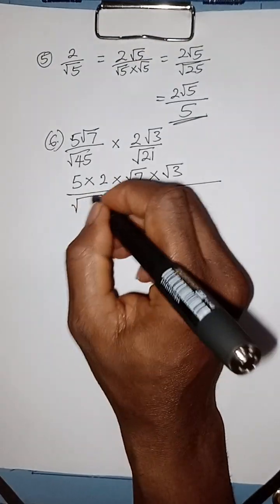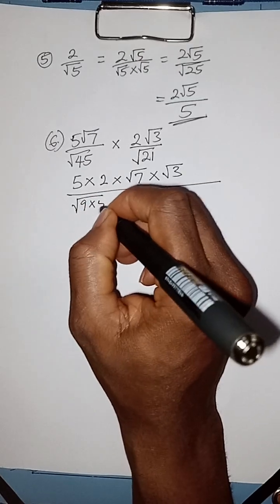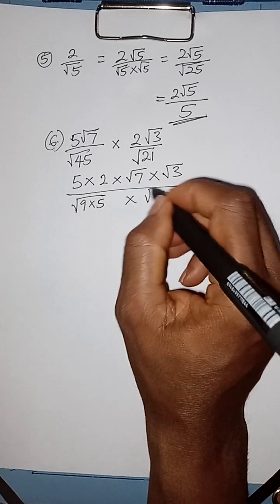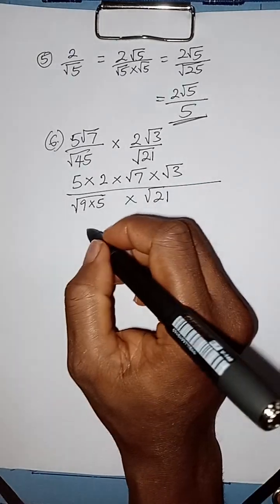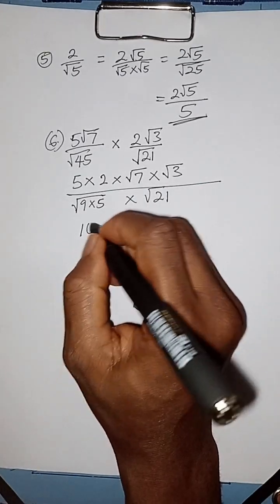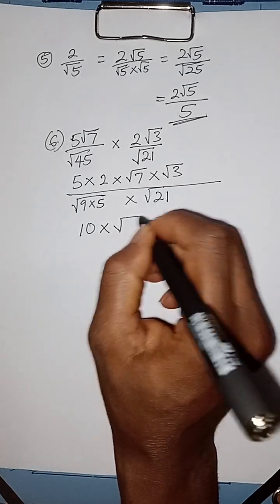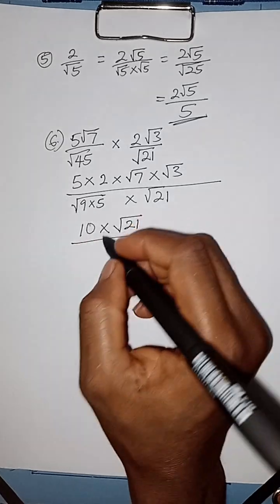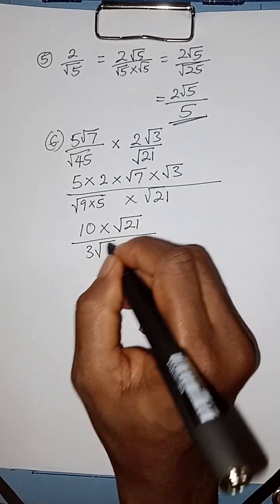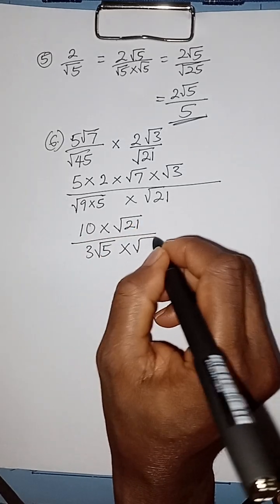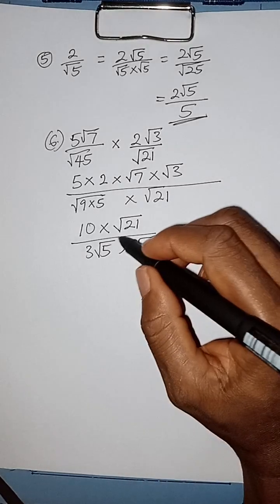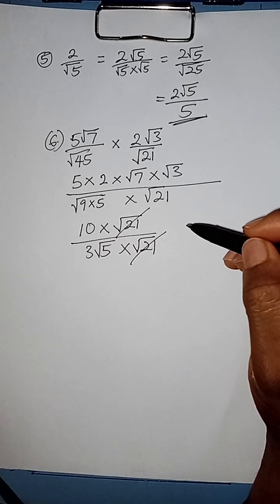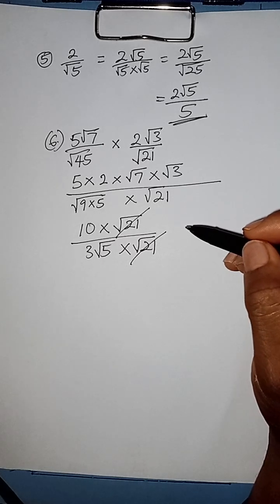Here 9 times 5, that's 45, and then times root 21. If you do this, you're going to have 10 times 7 times 3, 21, square root 9, 3 root 5 times root 21. So at this point, root 21 can cancel out, and then you're left with